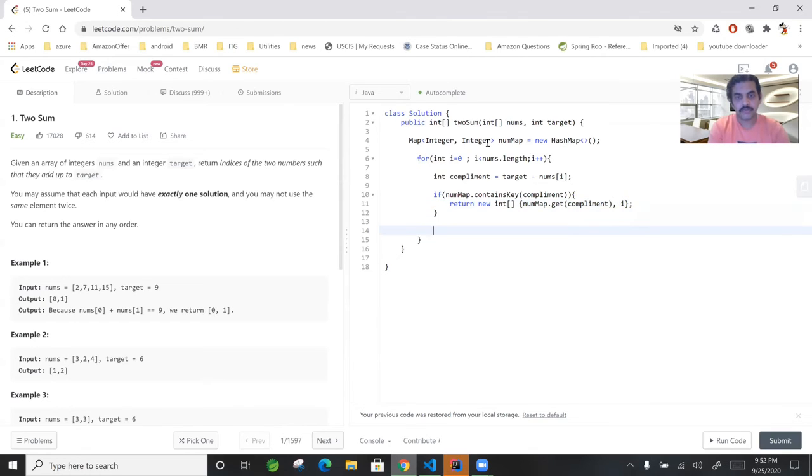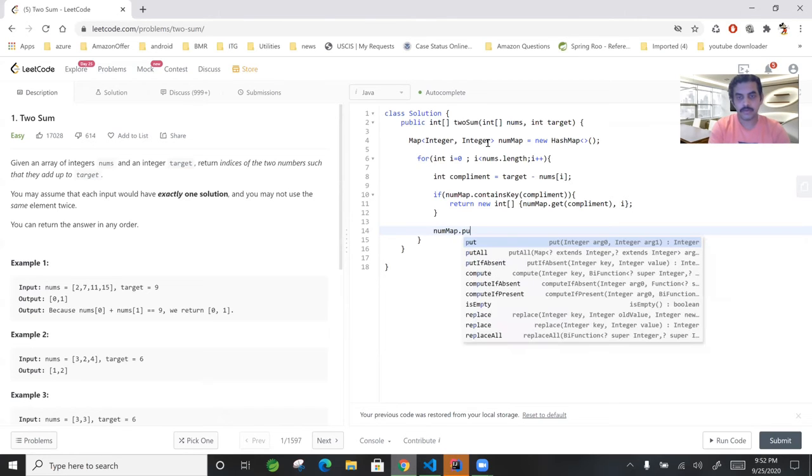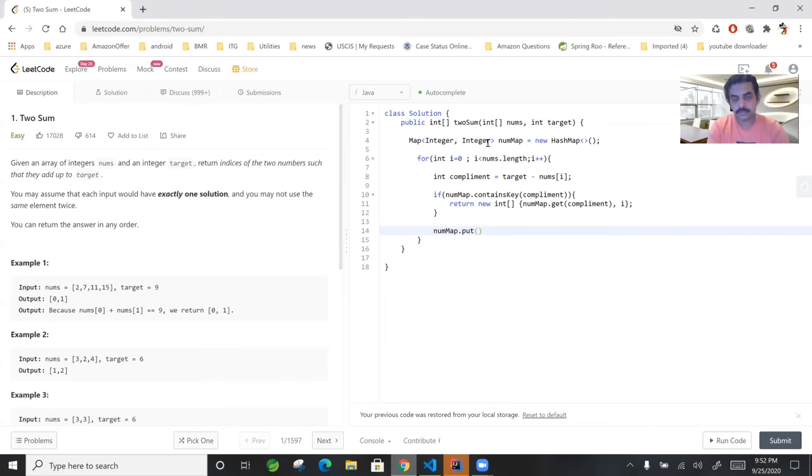Else what we can do is numMap.put nums[i] and its index.